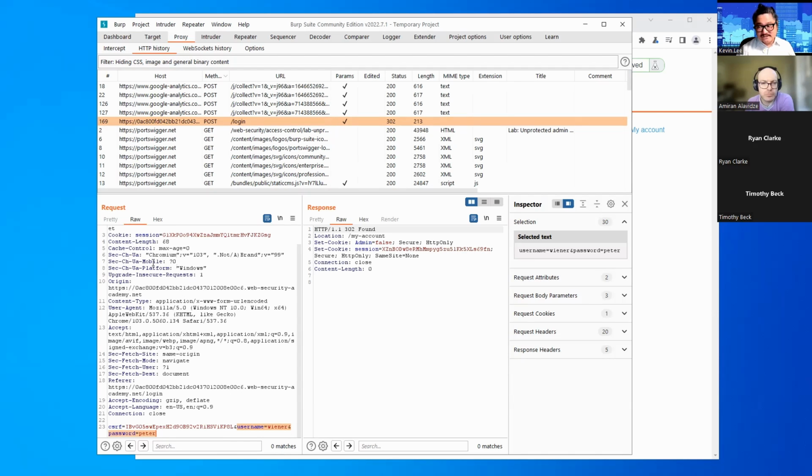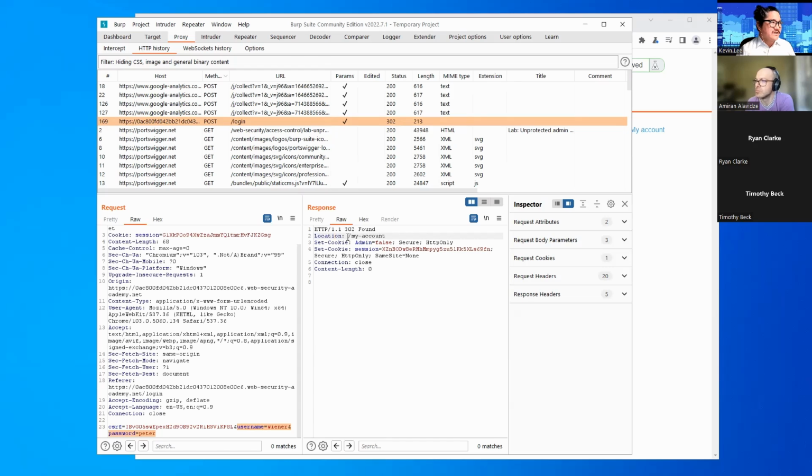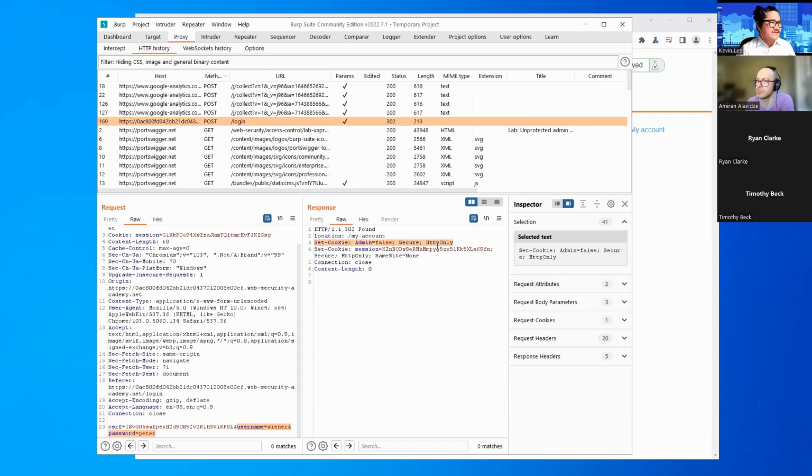And in response, we received a redirect to my account over here, and we were also set a cookie. Sorry, not to our account, to our session, and it contains the words admin equals false.